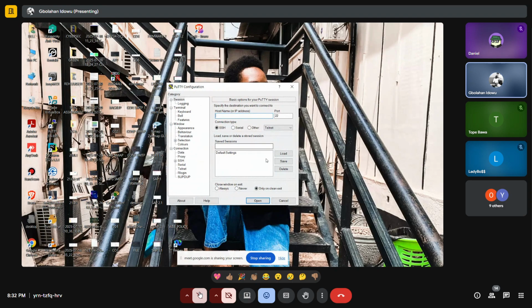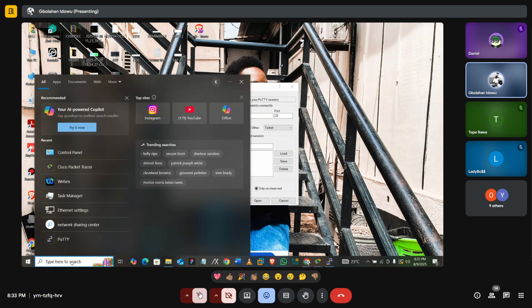There are two major ways you can use PuTTY to configure the device. Since your laptop is connected to the switch, you can enter the IP address of the switch and connect to it via PuTTY. And you can also connect through the USB ports. Okay, so if I go to device manager,